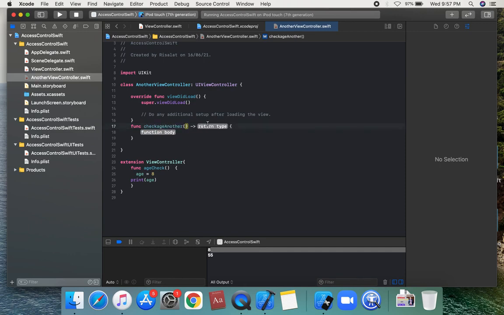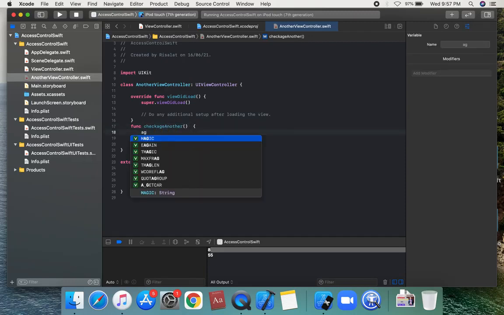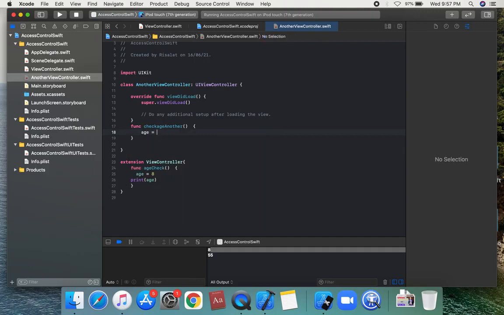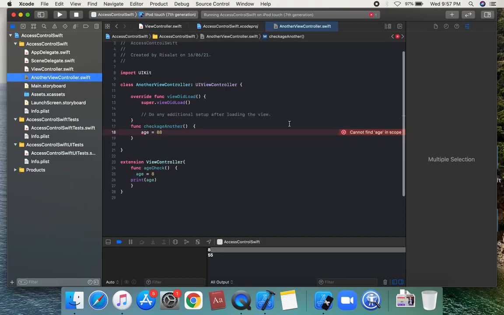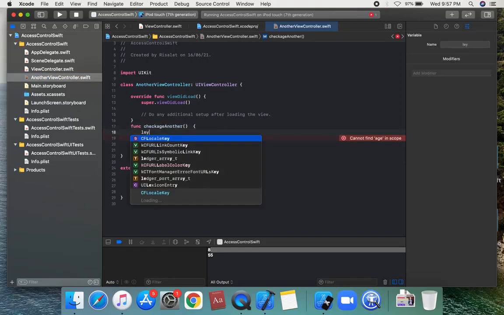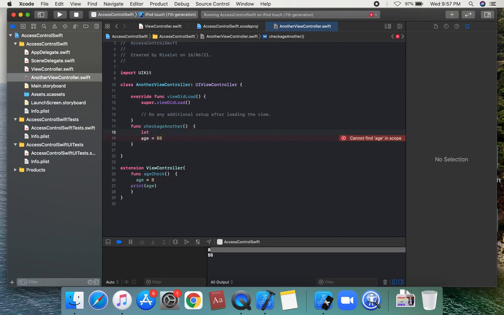We can set another function name, and we can use set age is equal to 80. So age is internal, defining this as internal. We can set this, cannot find scope age. We're going to create the instance, let ob equal to view controller.